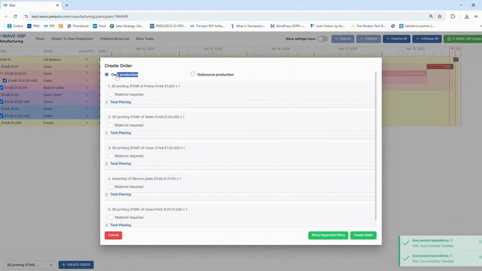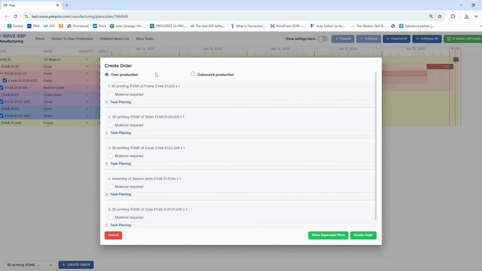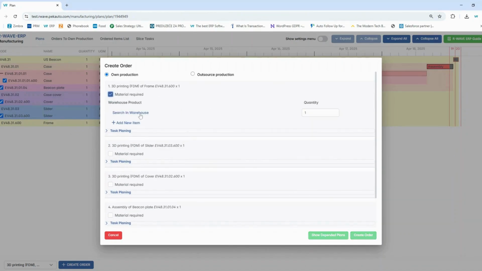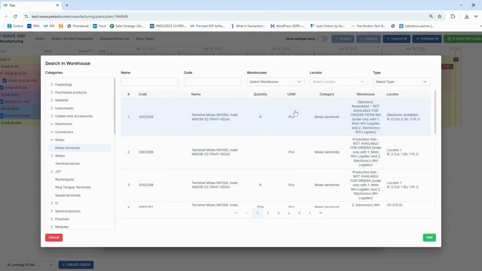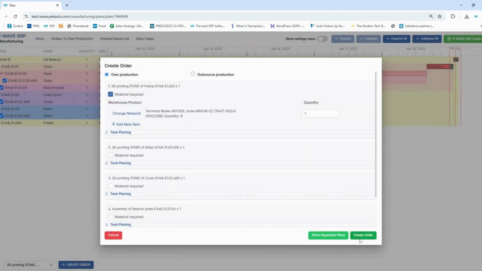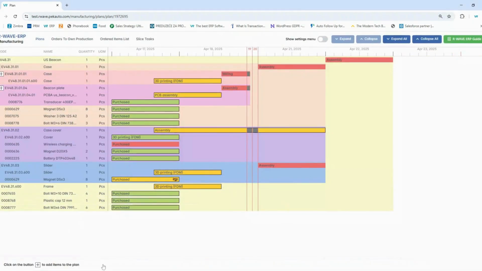After selecting the tasks for the order, you also need to specify the type of order, own production or outsource production. If necessary, add materials from the warehouse for the production of these positions and click the Create button. Afterwards, an order with the selected type will be created and a production request for this order will be generated in the warehouse module. You can also edit the structure of the plan directly in this view, without affecting the